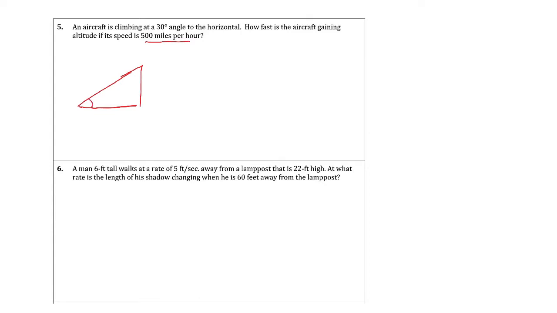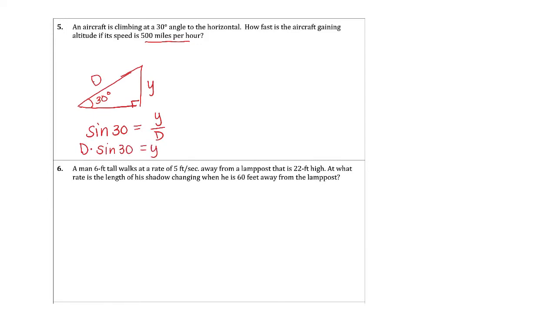Okay, so this angle inside here is 30 degrees. And here is going to be how far the plane is traveling, and there's going to be the altitude. And so really we can use our sine formula. We know sine of 30 degrees is going to be y over d. We can move our d over to the other side, so we have d times sine of 30